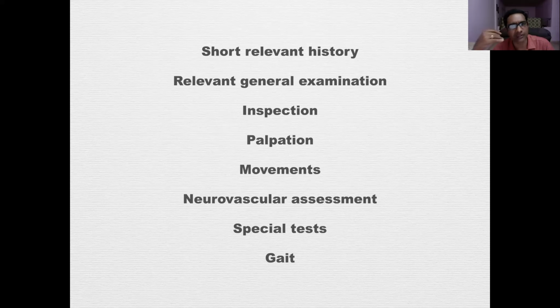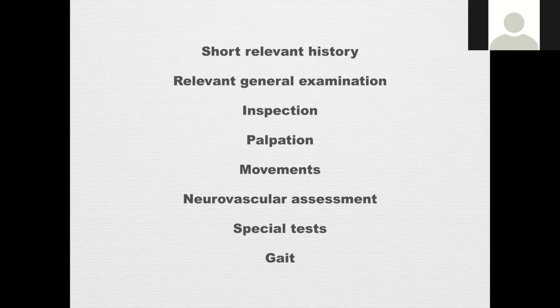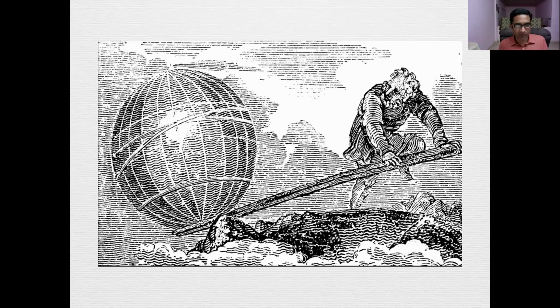You can also say the gait in the beginning. Sometimes some examiners like that the most prominent finding is spoken first. So that is just a general schema for how to do a foot and ankle exam. So I'll end there. Thank you so much.